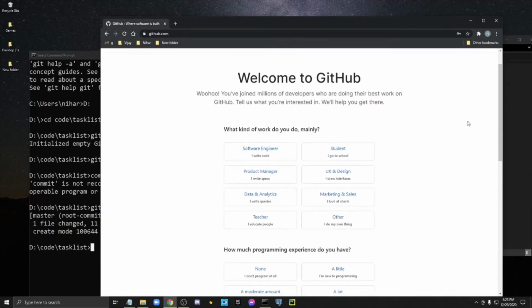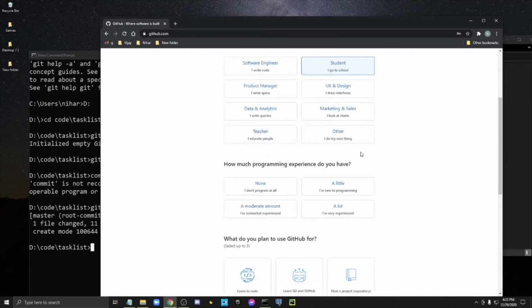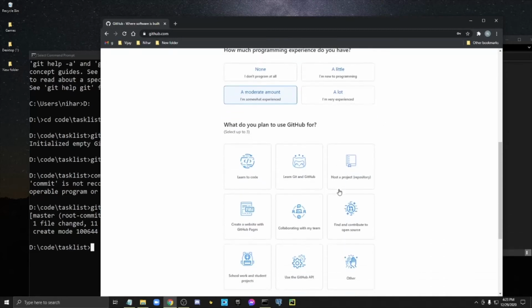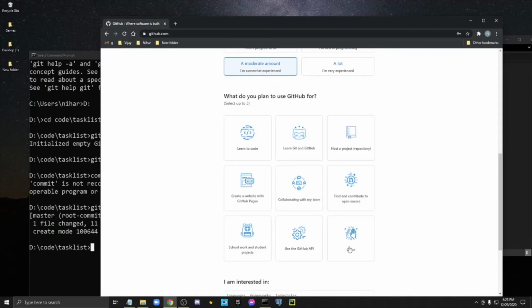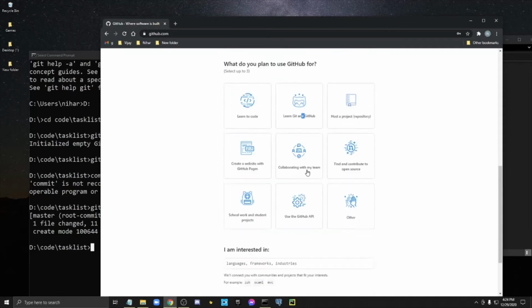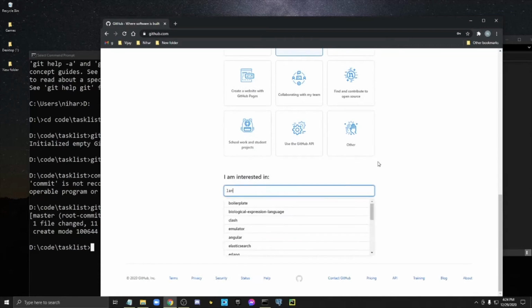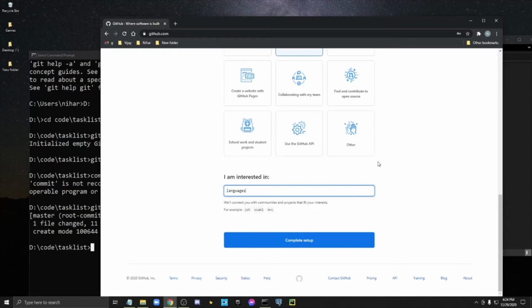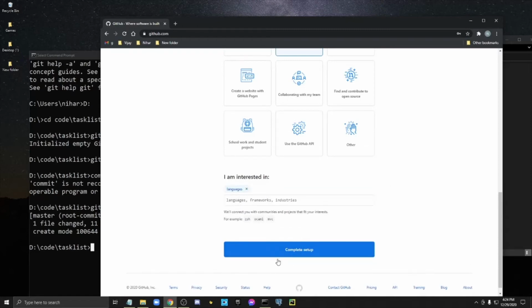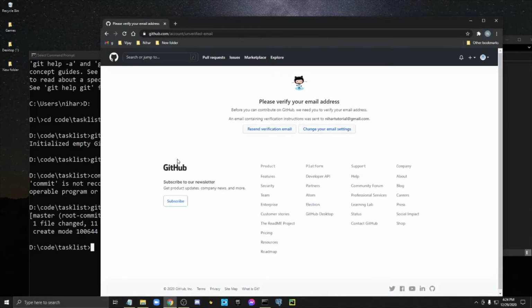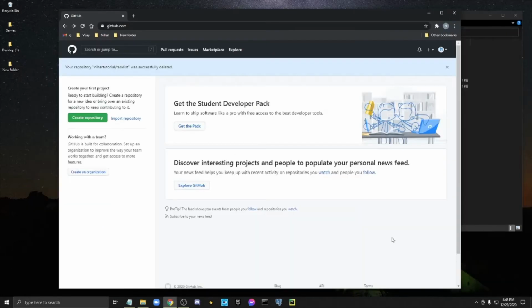So now I'm just going to say student and moderate amount, and here I'm just gonna say learn Git, and sure, I'm interested in languages, complete setup. So now you just have to verify, so let me just verify it and then I'll come back to you. Alright, so now that I have verified and I closed it and reopened it and I logged in,